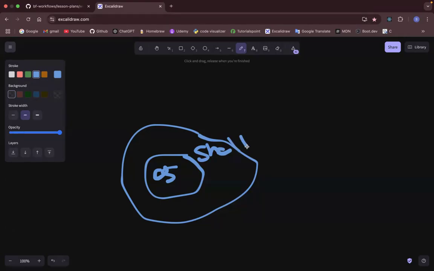The most popular by far is called bash. And if you are on Windows, you need to install Git Bash. If you install Git Bash, that means you already have this shell, which will allow you to use the same